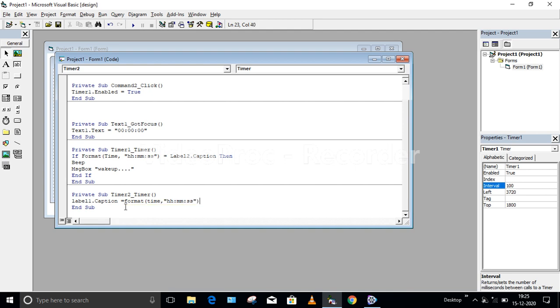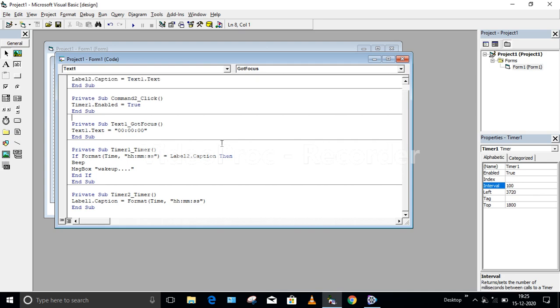Make sure whatever time format you are taking for timer 1 and timer 2, it should be the same. Otherwise, the time will not get matched and we are not going to get the output. So that's all with the coding part. Let us see what the output will be.